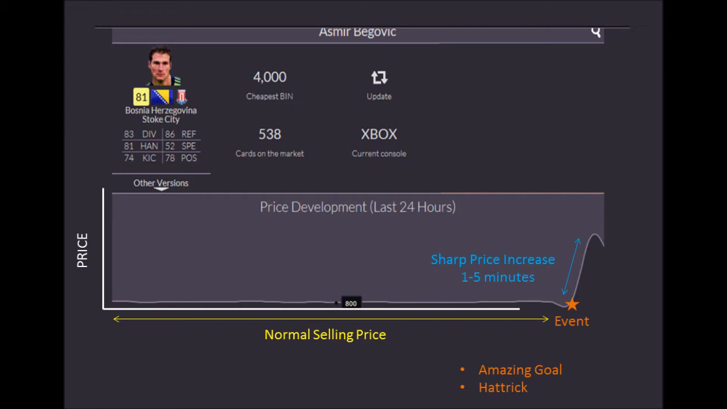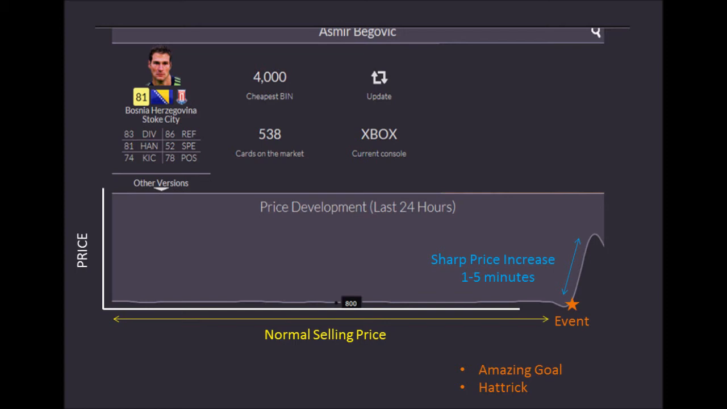Now if you know a player that's on 2 goals, possibly going for a hat trick, they're most likely going to get a hat trick, and you'll see that increase go very quickly onto the price. Now I put sharp price increase, and I emphasize the sharp because the time scale is very important. It'll increase within 1 to 5 minutes of the event happening, because it takes people time to get onto the web app or the console and buy that player,